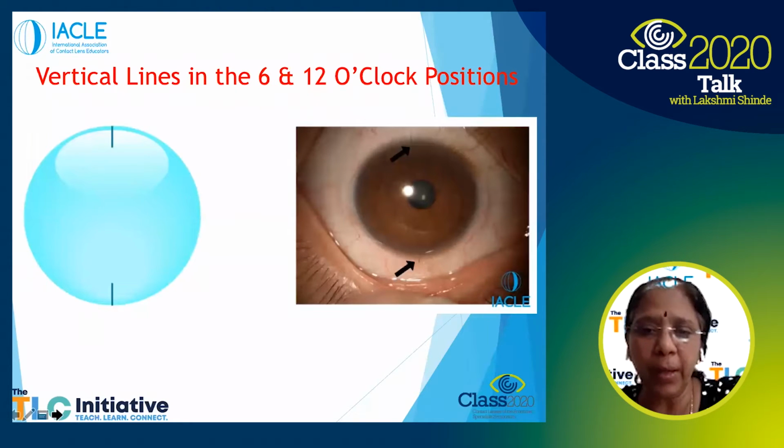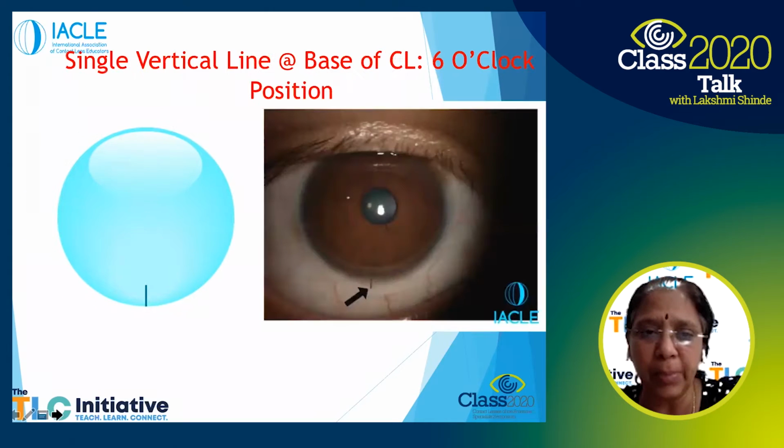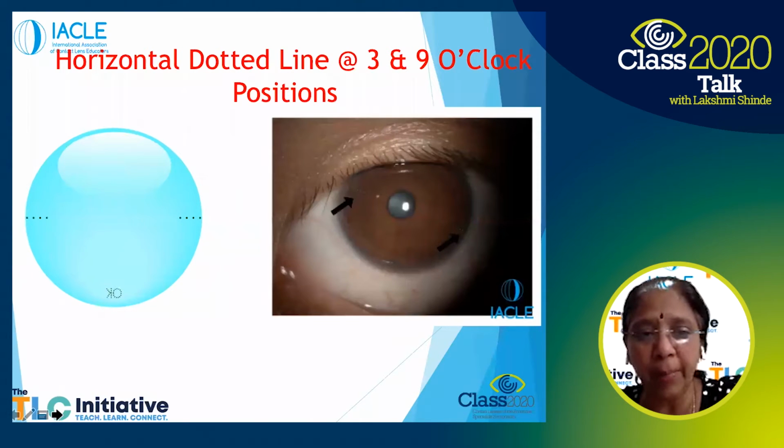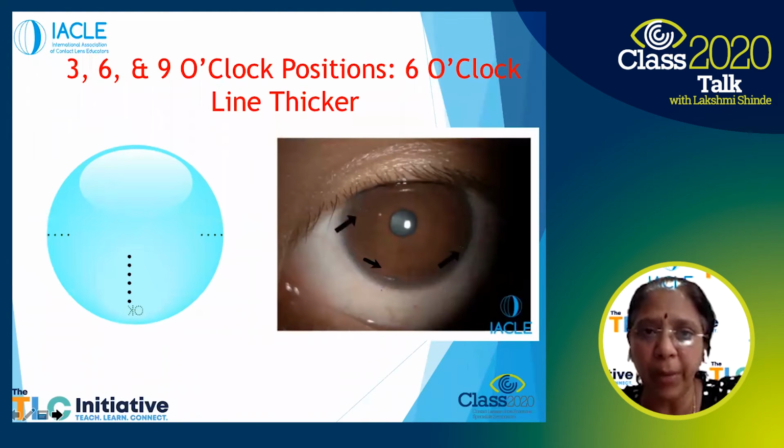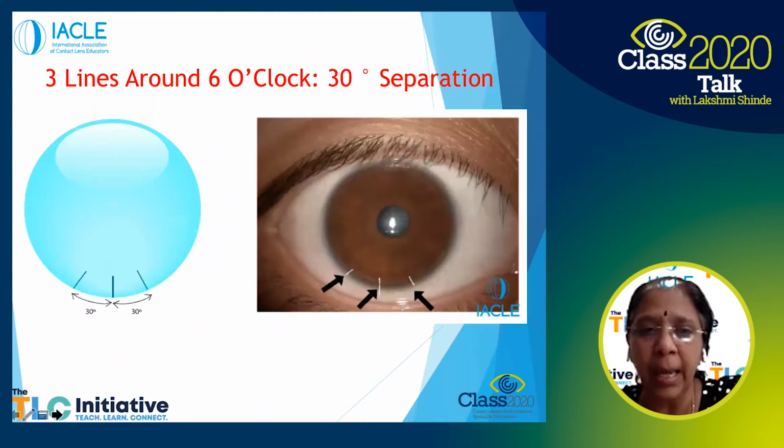So in terms of scribe marks, this is one company which will have it at 6 and 12 o'clock. So you need to know which company has these particular markings. One company gives it only at 6 o'clock alone. There's a different company which has markings both at 3 and 9. And some of them have it at 3, 6, and 9. And there are two companies which have it at the 5, 6, and 7 o'clock positions, but the degree of